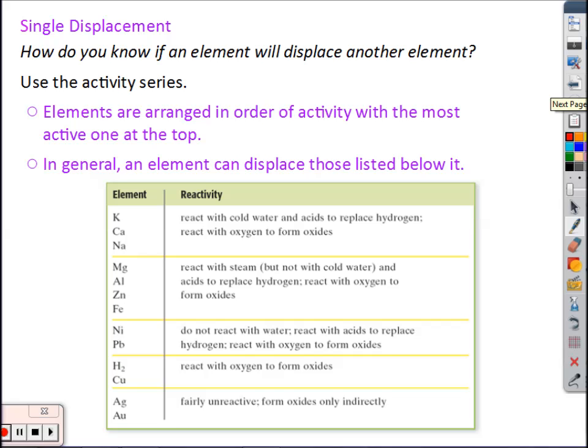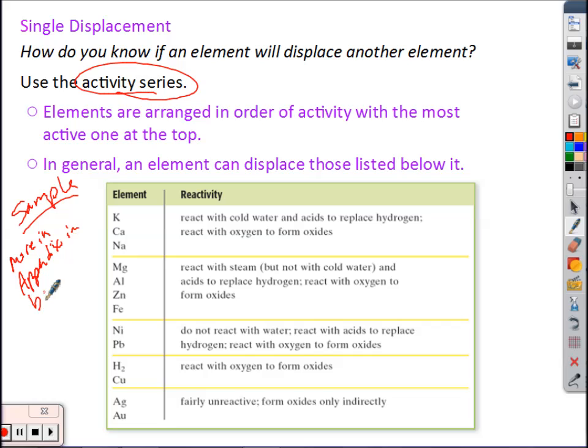Okay, single replacement reaction or single displacement. Sometimes I put two things together. I don't know if that reaction is going to happen or not. And sometimes it happens and sometimes it doesn't. We're going to use something called the activity series or metal activity series. This is just a short sampling of one. There's actually, you can look at activity series with more compounds. There's more in the appendix